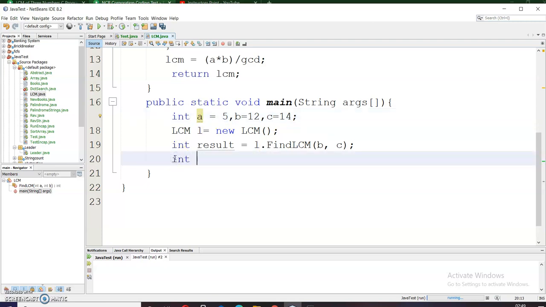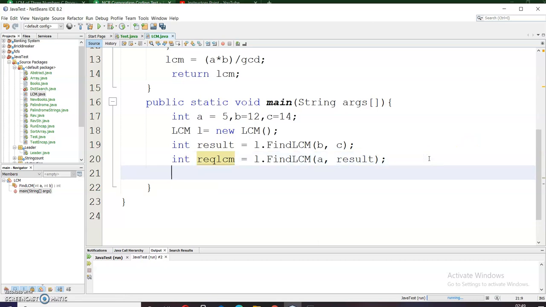So int reqLCM equals l dot findLCM, and now I will pass A and the result of the first two numbers, or you can say the last two numbers.